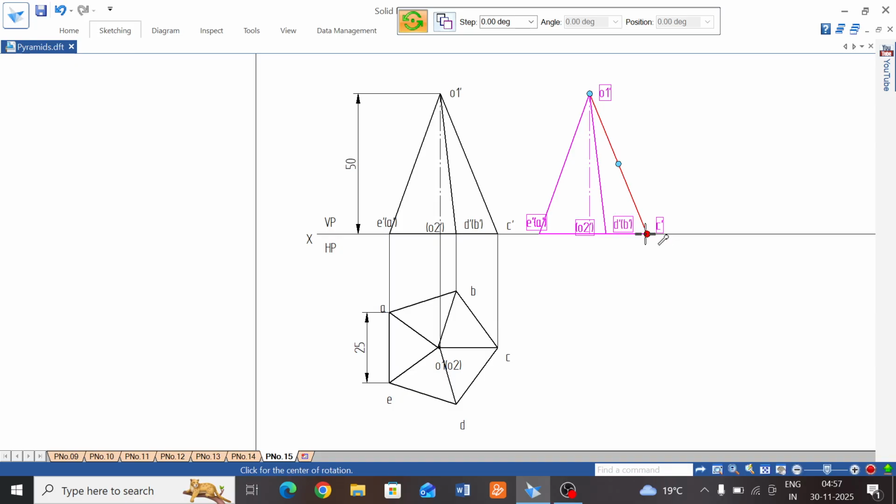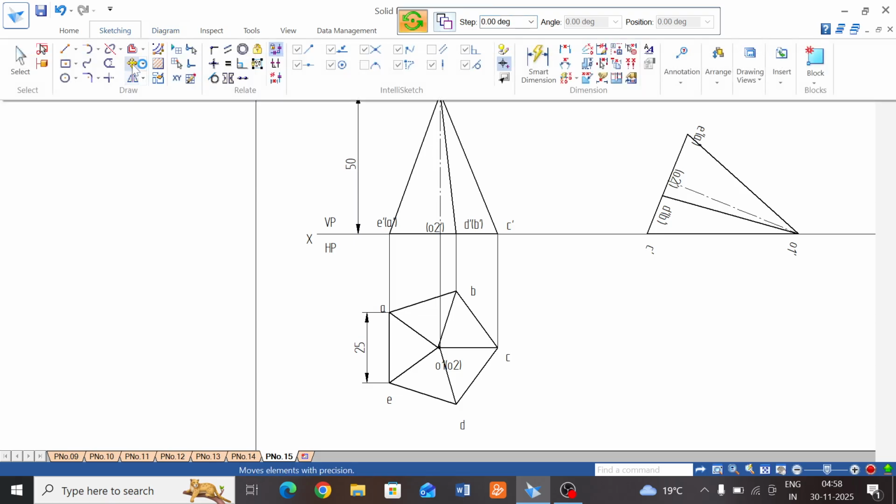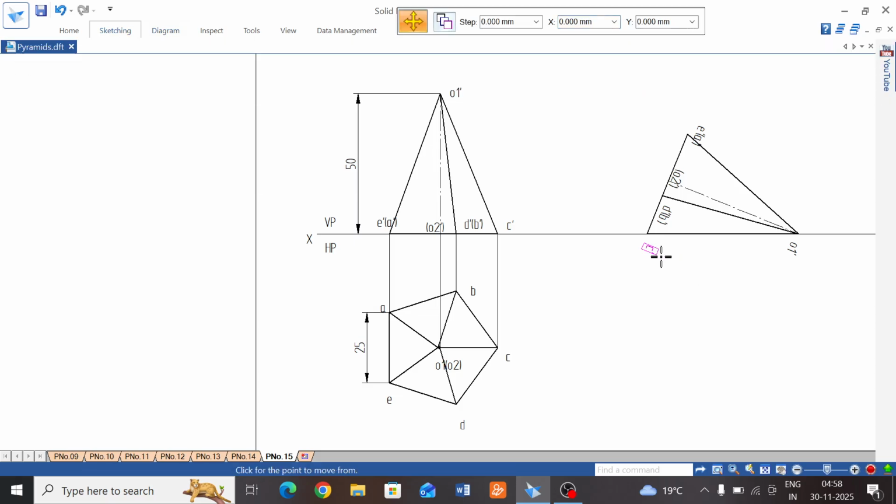Center of rotation is C dash, point to rotate O1 dash, simply you rotate. Once that O1 dash touches the XY line it changes. Yes, place it. The slant edge is resting on XY line. These texts are down, so use move command and move it upwards,